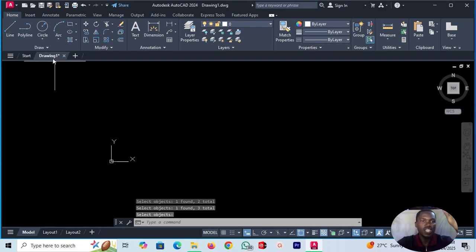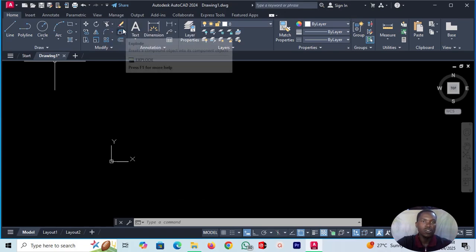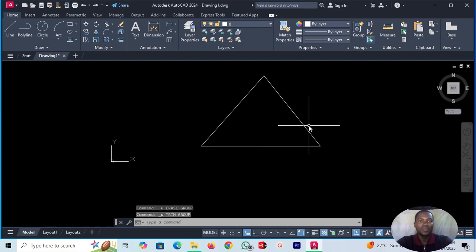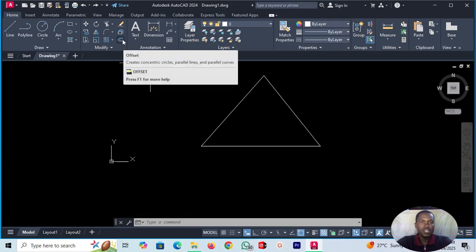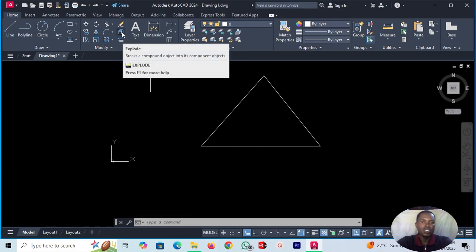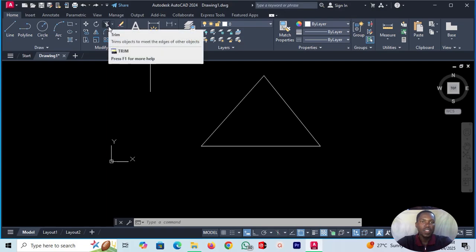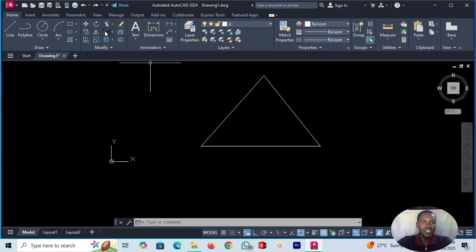The difference between trimming is that when you are trimming, it goes for once, but for erasing, you have to first press enter to remove the erased objects. Yeah. So then we have talked about offset, we have talked about explode, we have talked about erasing, we have talked about trimming. What we can do, we can talk about the